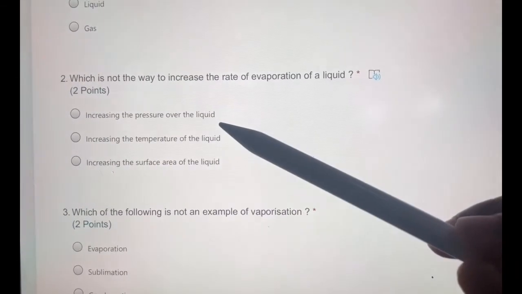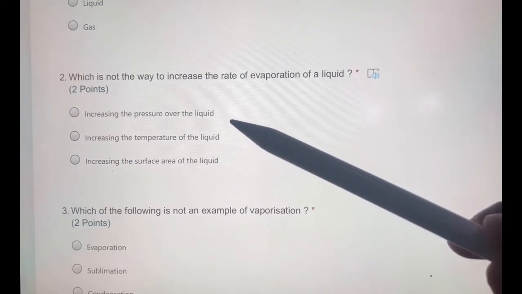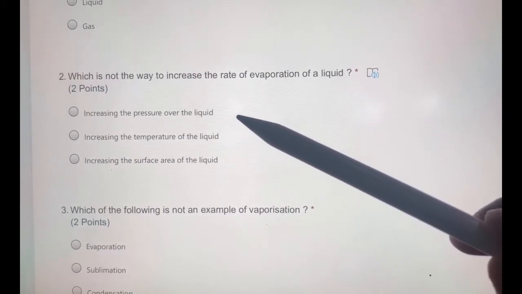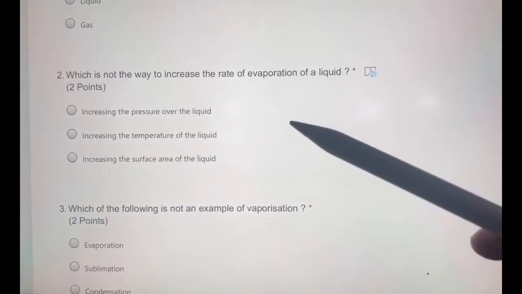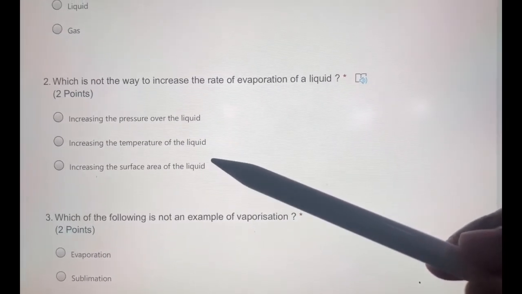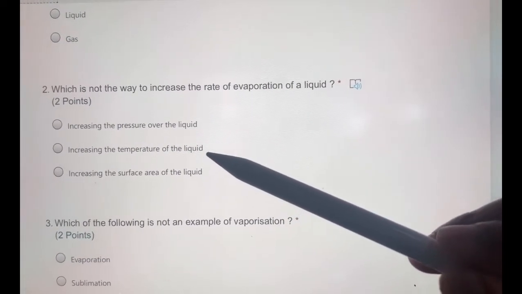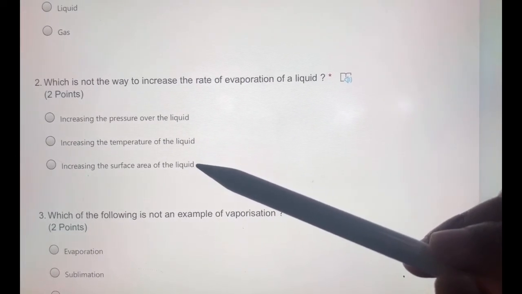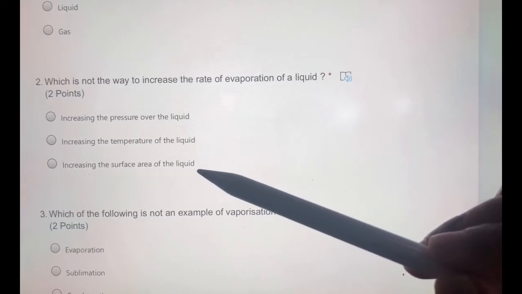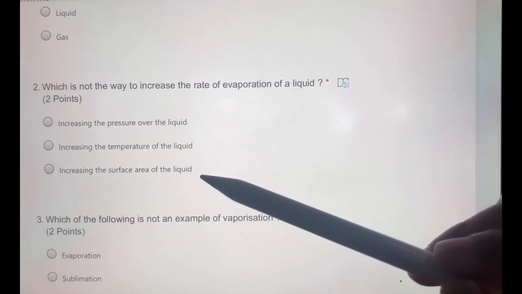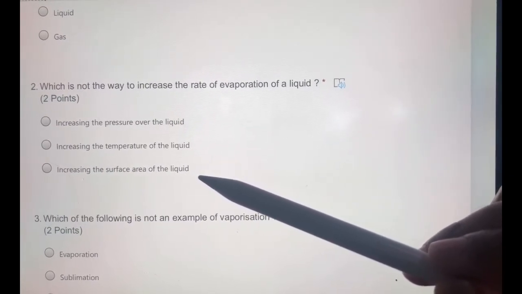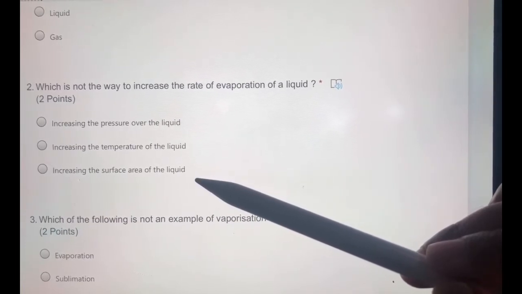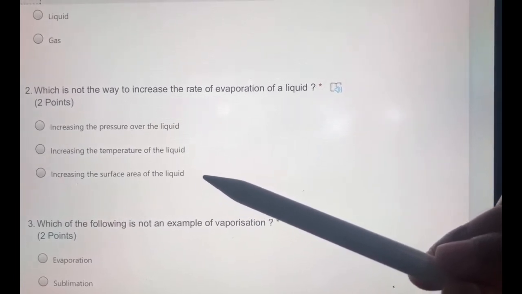Which is not the way to increase the rate of evaporation of a liquid? Increasing the pressure over the liquid will decrease the rate of evaporation. So that is not the way to increase the rate of evaporation. And if you look at the other options, you could have also looked at this one and this one. Increasing the temperature, you increase the rate of evaporation. Increasing the surface area of a liquid, you increase the rate of evaporation. For example, if you spill water from a glass on the floor, because the surface area is increased, evaporation is